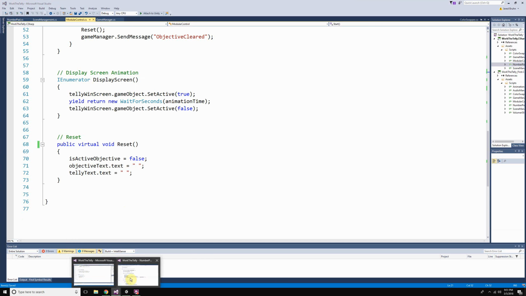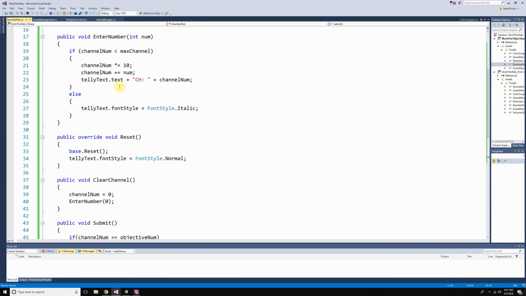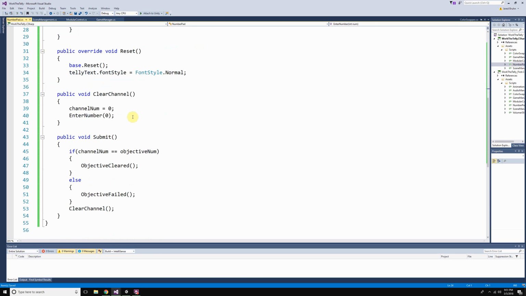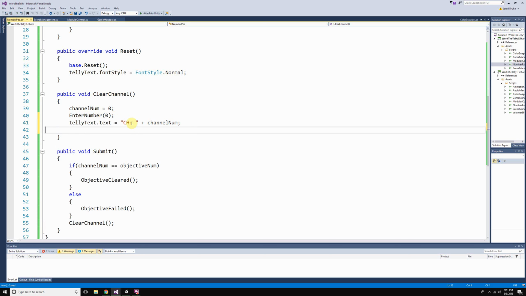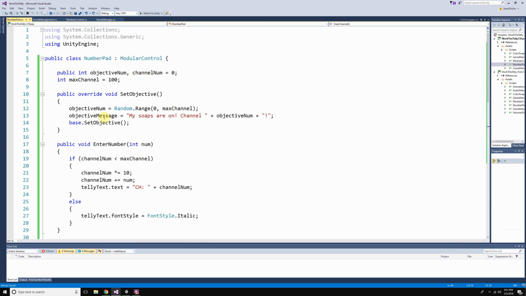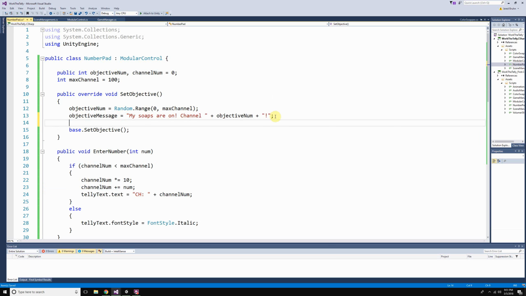If we've cleared our channel, I want to sort of reset to exactly the start of how we had it when it was completely clear. Or we can have it start with our objective number. We can set our teletext to be channel 0. I kind of like that better. So